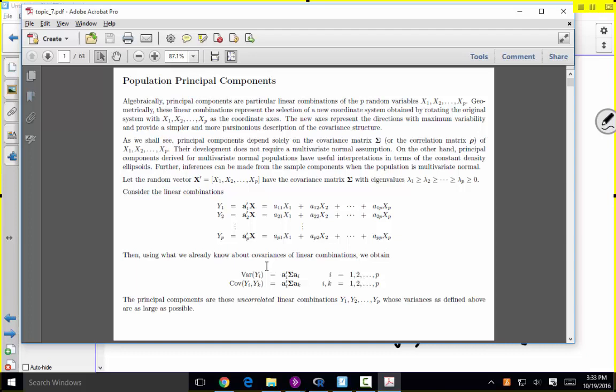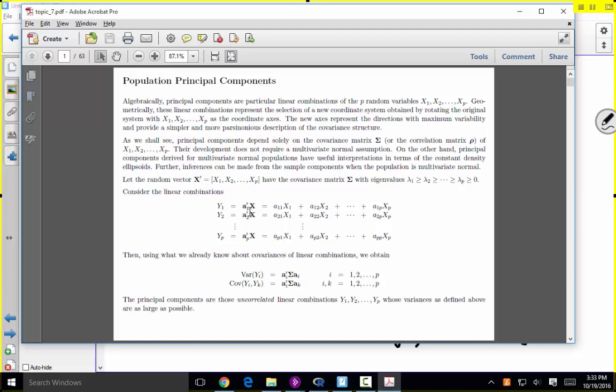So principal components is that task. It is find the linear combination that has maximum variance. And then go find the next best linear combination. But in